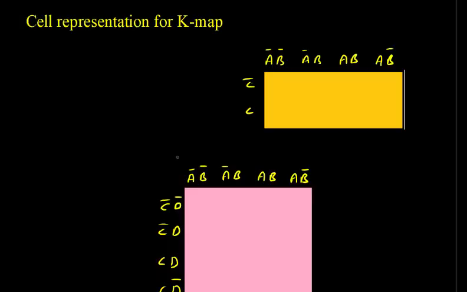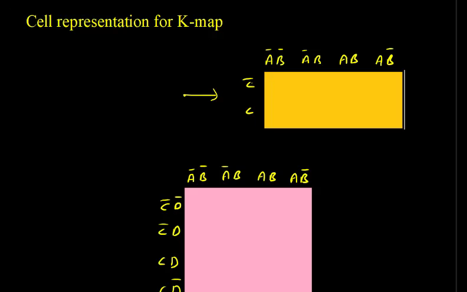Now, as we have seen how to represent the truth table using a function, suppose we are given a function, then how do we draw the K-map? If we don't have the truth table, we have the function, then how to draw the K-map in that case. First we see the cell representation of a K-map. This is a 3 variable K-map. We'll see what the cell positions, or the decimal number positions, are.